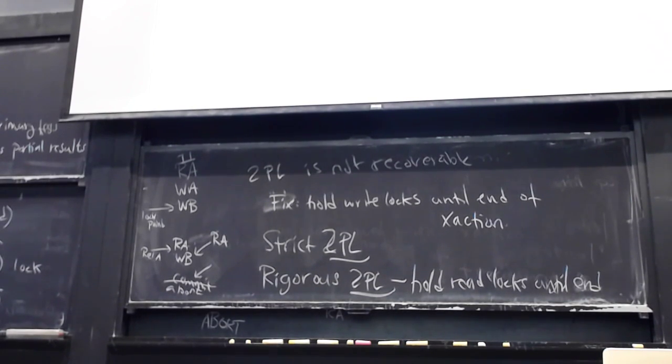I need to because if you think about the way these SQL terminals get used, right? Can you imagine I'm typing into a terminal, a shell, right? I don't actually know when I acquire my last lock, because I only know that I acquired my last lock when the user tells us to commit. So if the user's not giving us the whole thing up front, then I have no choice but to hold my locks until the user issues the commit statement. So this is basically what most systems implement.